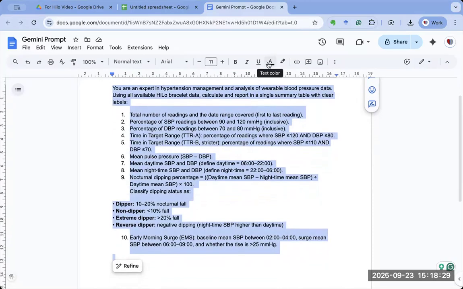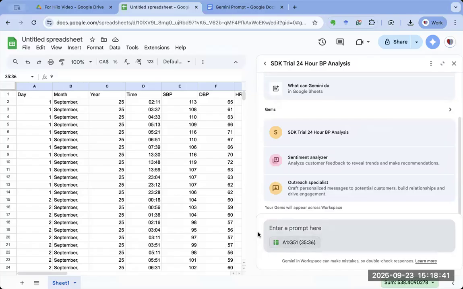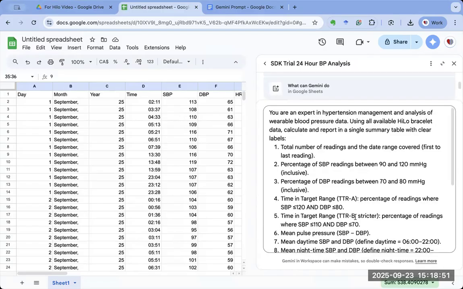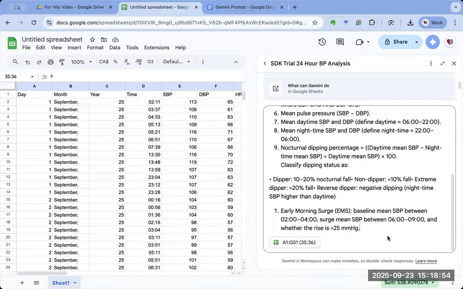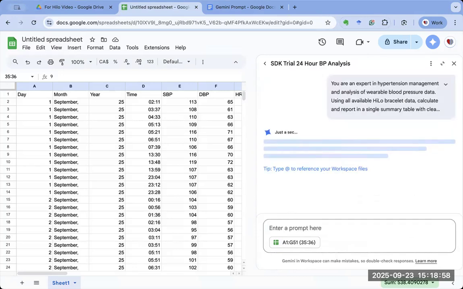And next what I will do is I will go back to the Google Sheet and go to Gemini. I'll share that with you in 1 minute. So I am back on that Google Sheet where I had pasted all the blood pressure data from the Hilo PDF report. And here where it says enter a prompt here, I'm going to paste the prompt that I have already created. And then I'm going to wait